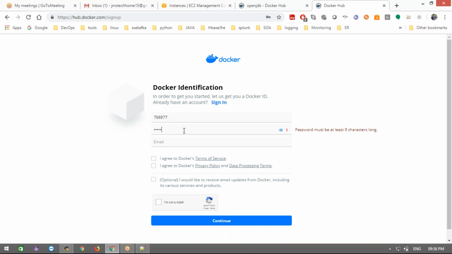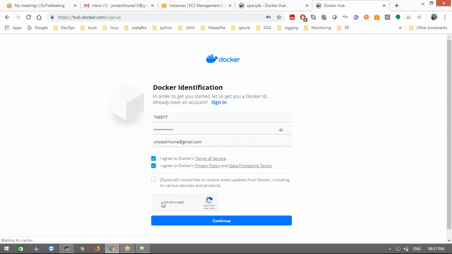Now I'm going to enter my password, my Gmail ID, and then agree to the privacy terms.